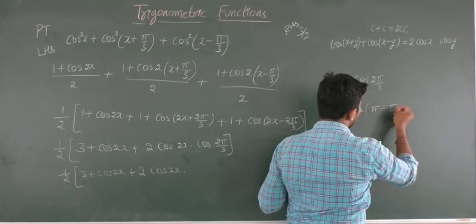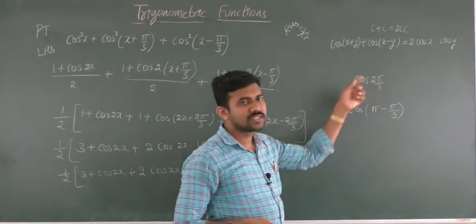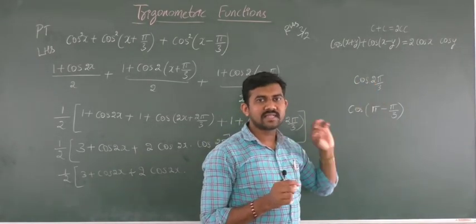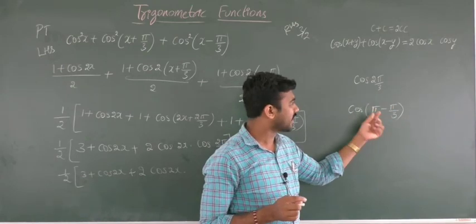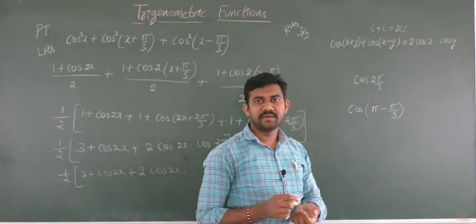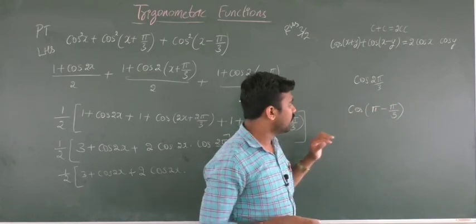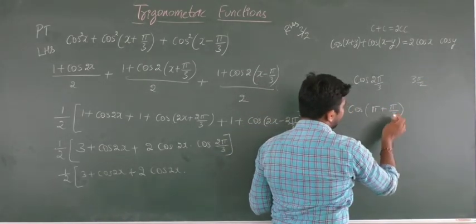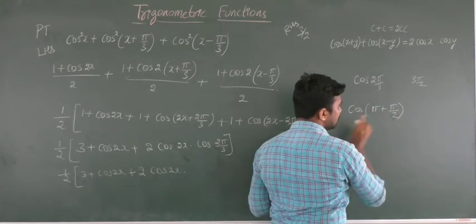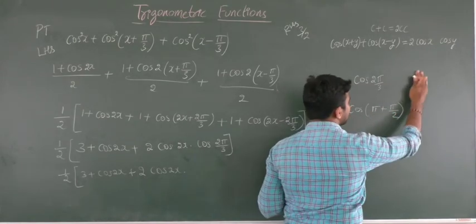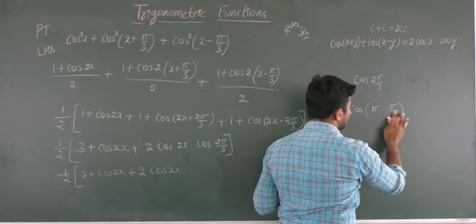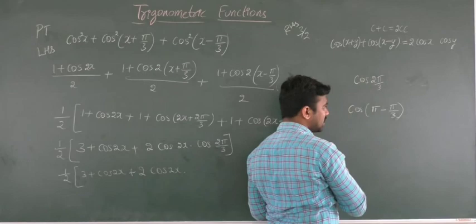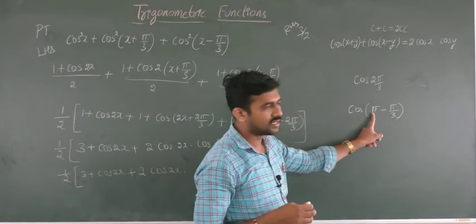I said here, when the numerical value of the numerator is 1 less than the numerical value of the denominator, then you can subtract from pi. Okay, and separate like this. If you have something like 3 pi by 2, then you have to add pi. But in this case, 2 pi by 3, so here pi minus pi by 3. If you take the LCM, you get the same, right? Okay. Now this is nothing but what?